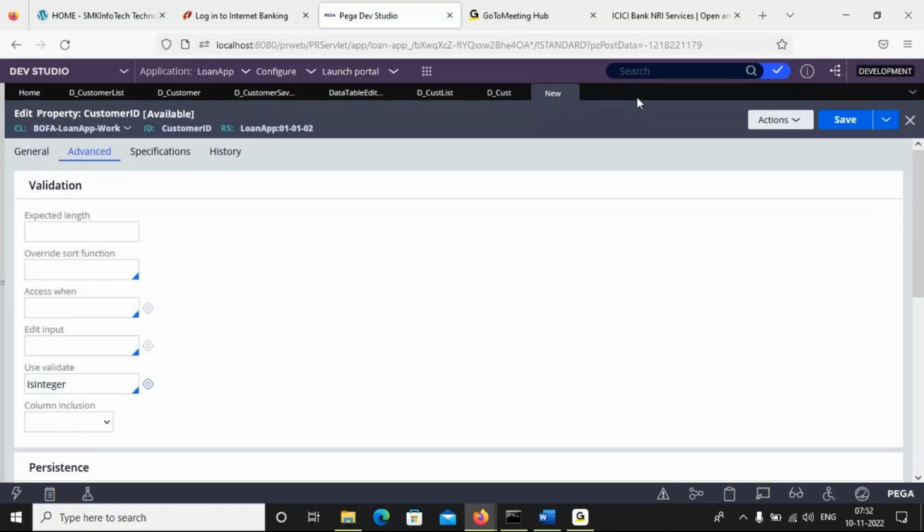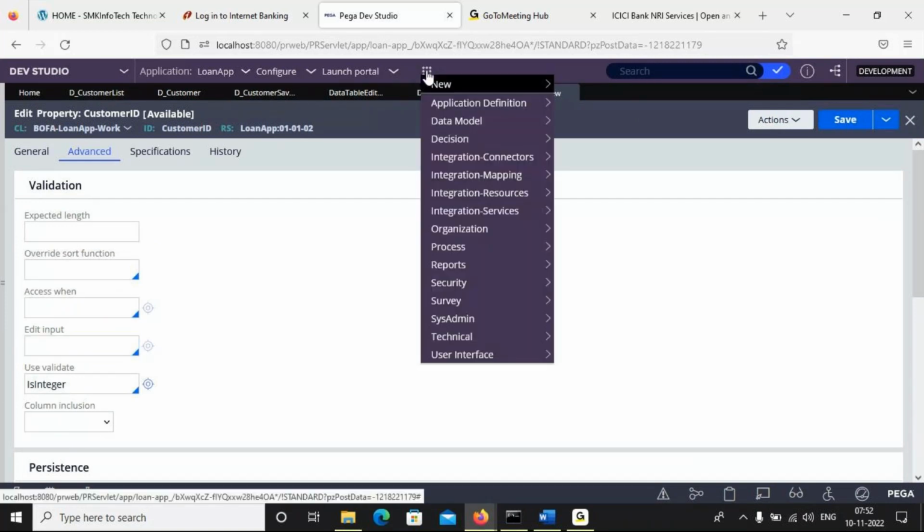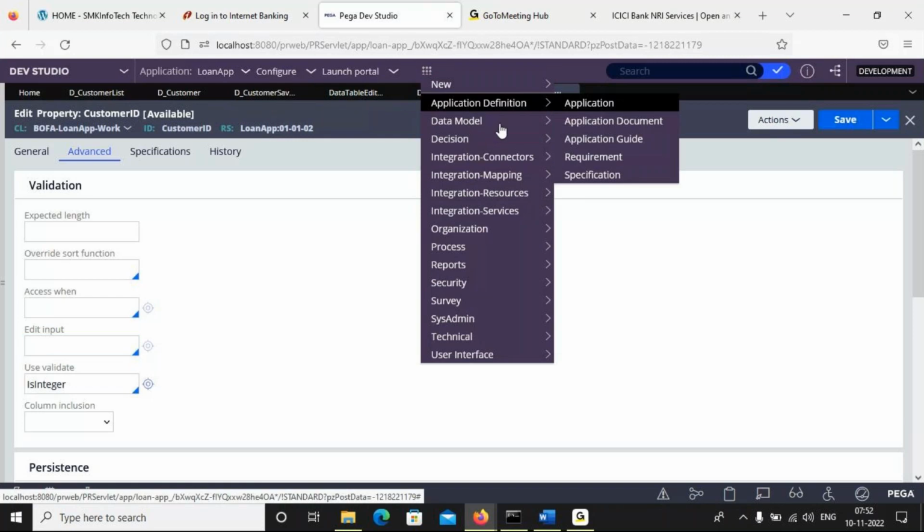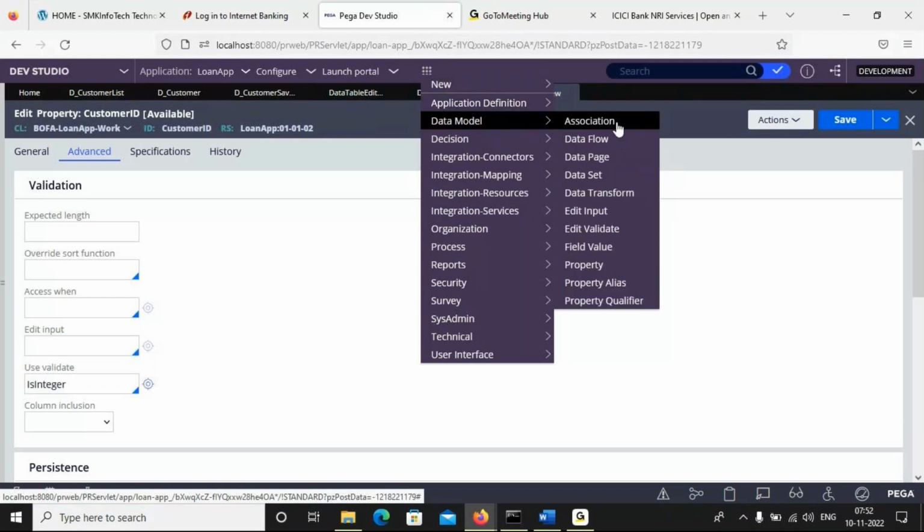Now, what is edit input? Edit input is used to convert data from one format to another format, like DDMMYY to MMDDYY or YYYYMMDD, some different format. Lowercase to uppercase, uppercase to lowercase. Currency conversion, INR to dollar to INR.